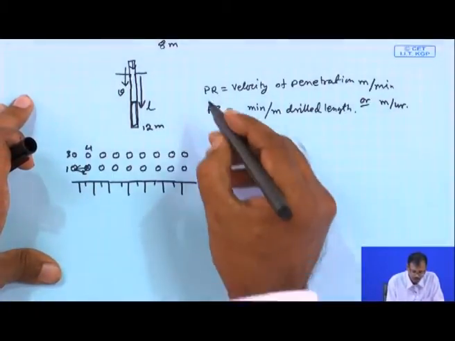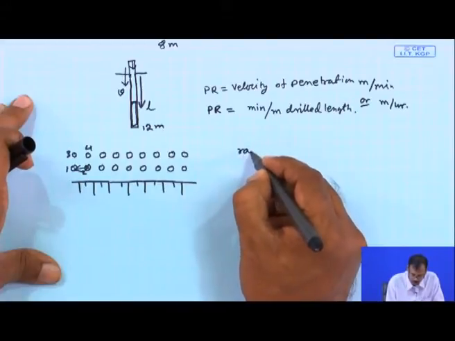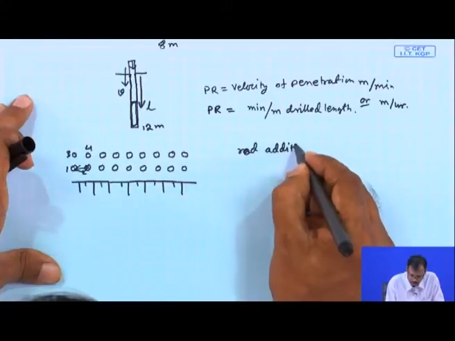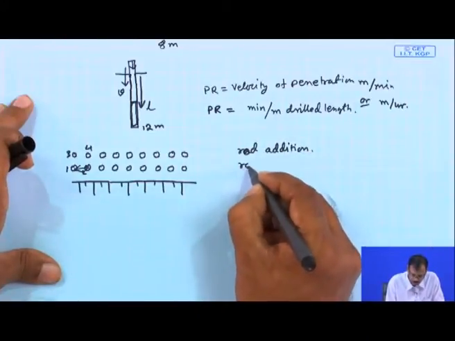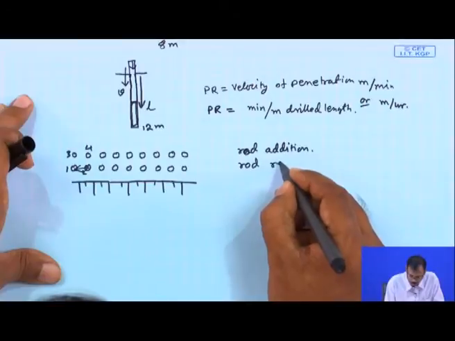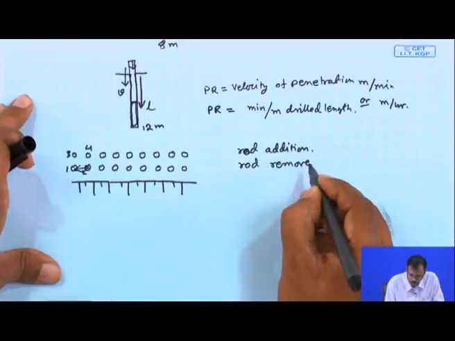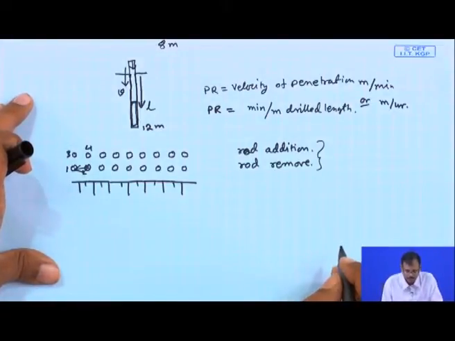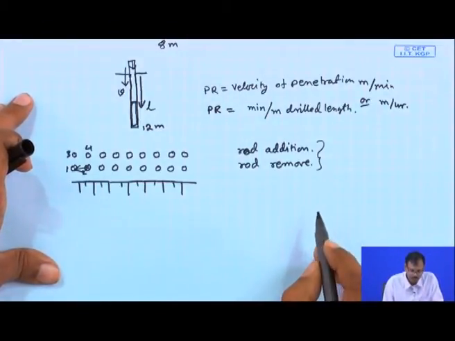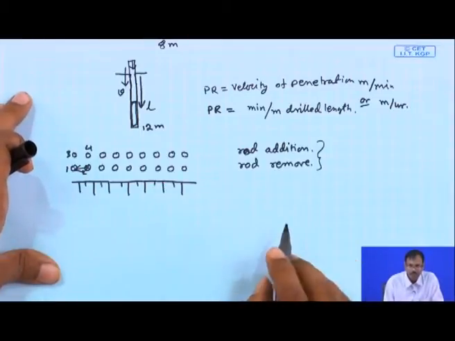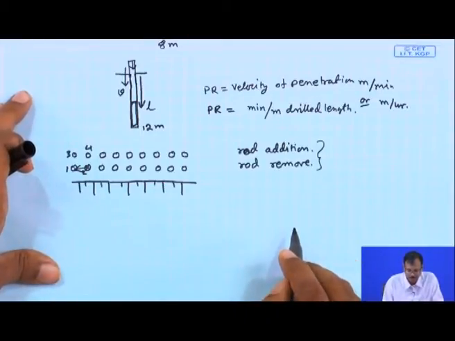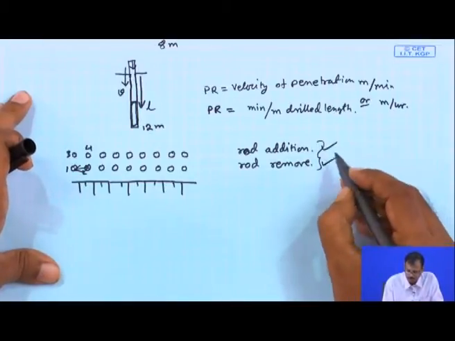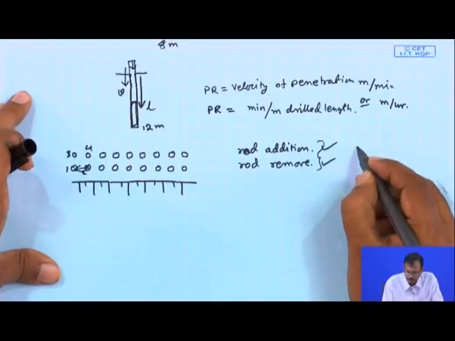So, that is why there may be rod addition, there may be removal of rod from the drill mast, which is the essential requirement while the drilling is carried out. If the drill length is shorter, then one rod may be sufficient, but this rod addition or removal takes some additional